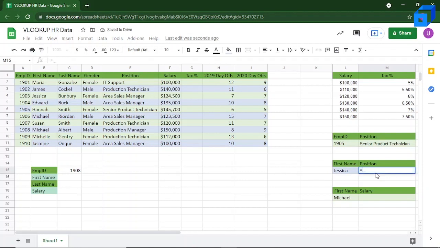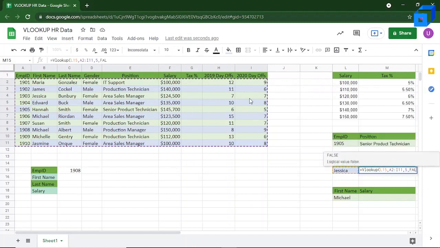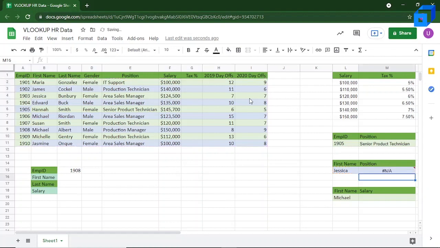So that's VLOOKUP, and the value that you want to search for is this, and the range you want to search for is, let's take from the starting itself till the end of this table, and the column index is 1, 2, 3, 4, 5 like earlier, and now false because we want to look at the exact match. Oh, what is this? It says did not find value Jessica in the VLOOKUP evaluation.